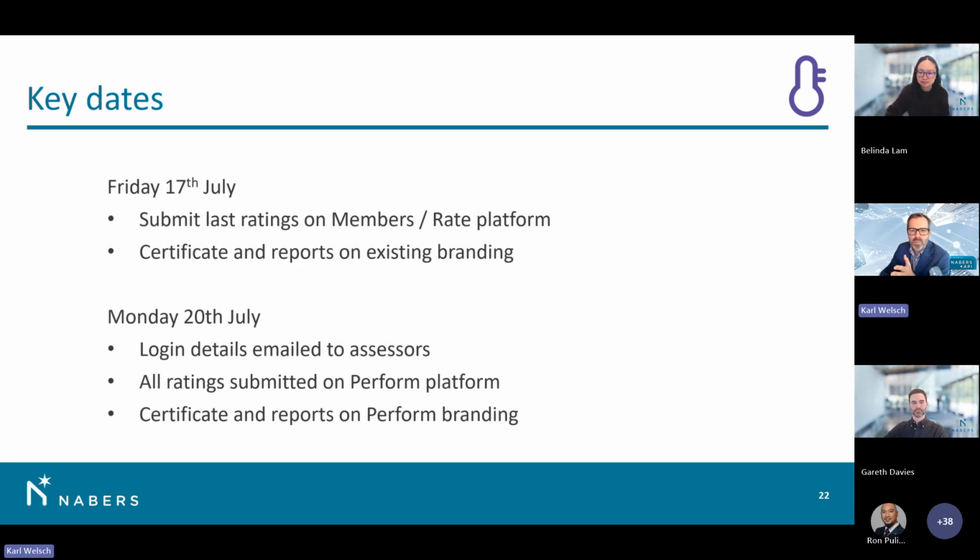Then on Monday morning, the 20th of July, all ratings will need to be lodged in Perform. So Rate will not be available from Monday the 20th of July, and the new design reports and certificates will be issued for those ratings lodged after Monday the 20th of July. So they're really just the two key dates. It is a hard cutover between the two systems.